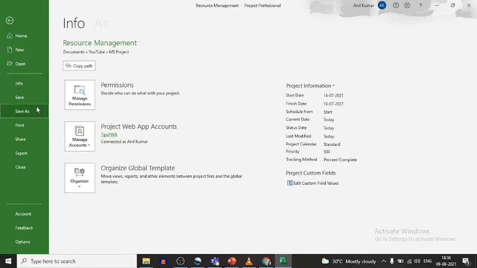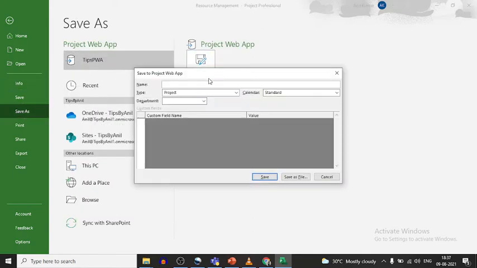All right, now I will click on this save button. Here it will ask for the name, so I will provide the name resource management project. Now here are the options for type or template. What is the template? I already created a video for you, you can watch that. And here it's asking for department. We don't have any custom field for department configured, so right now it's coming as blank. All the fields are coming as blank because we haven't created any custom field. All right, now click on save.